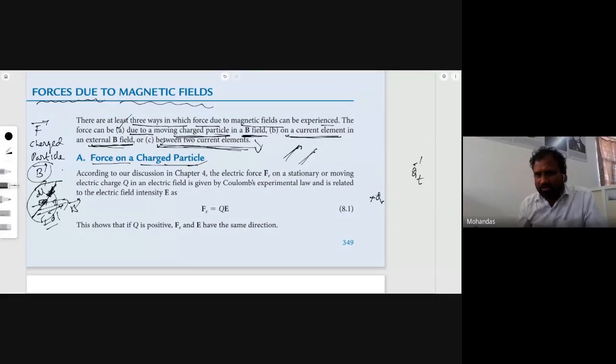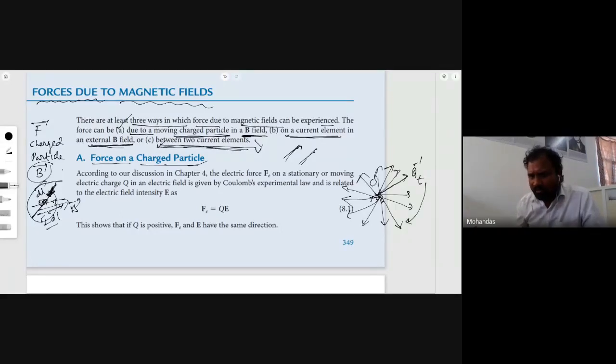Due to these two charges, according to Coulomb's law, there is a force experienced between them. These are the force lines. If we keep moving this test charge, there are force lines here also. These lines are called force lines. These are the electrostatic basics we discussed in the beginning. Now can you guess what is the force here? There is a Q and there is a QT. According to Coulomb's law, what is the force here?